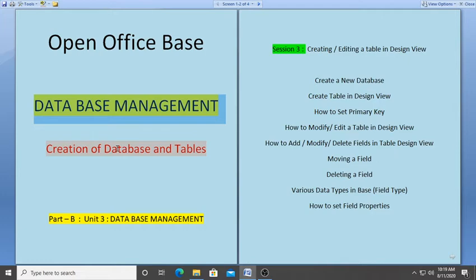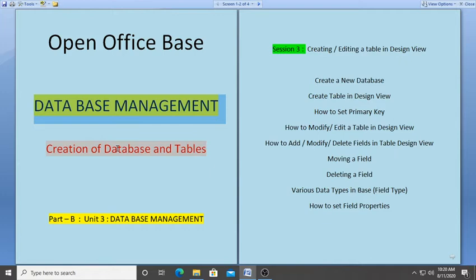Means the database was created earlier and we created our table using the wizard. Using the wizard, we can create a table in a database that previously exists. We can also use a new database and create our table using the wizard. What is a wizard? A wizard has various ready-made tables available in different categories. Like last time we had seen the business category, in which various tables are available. From that you can choose any table, and from those ready-made tables there are various ready-made fields available.